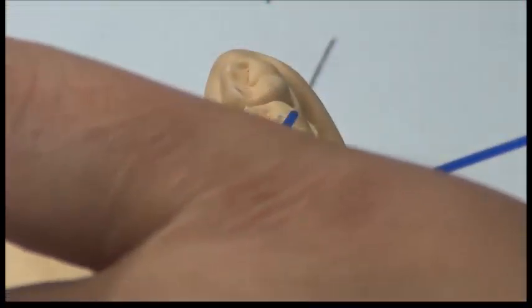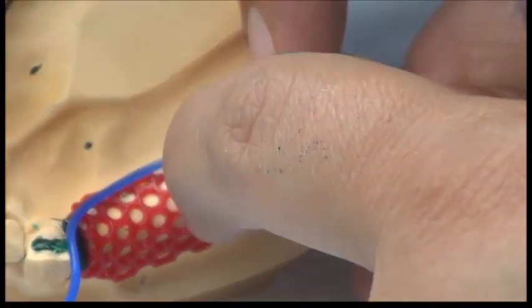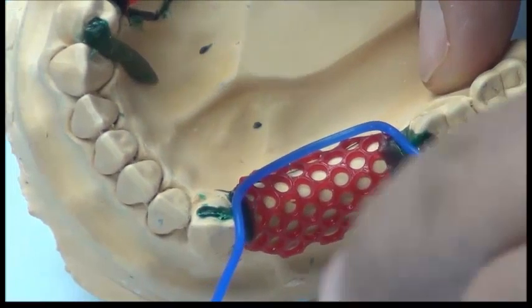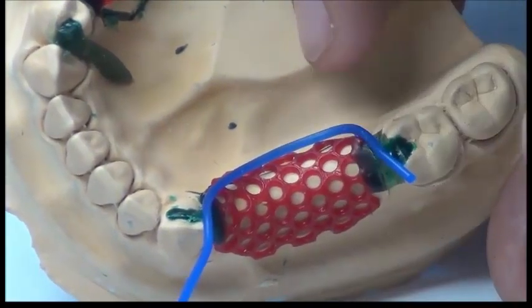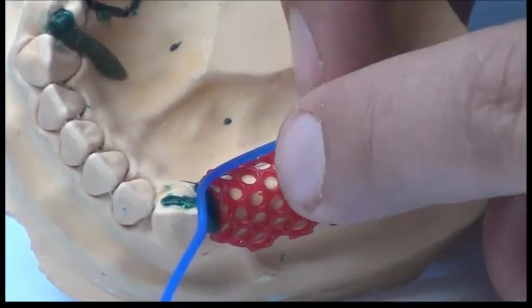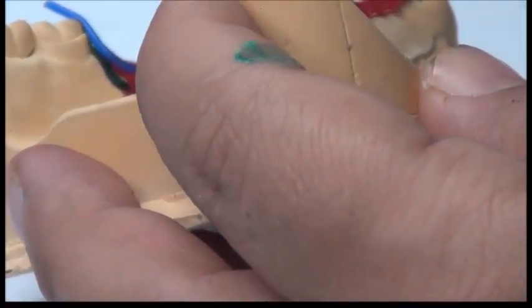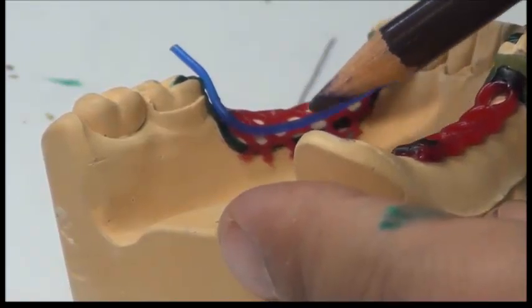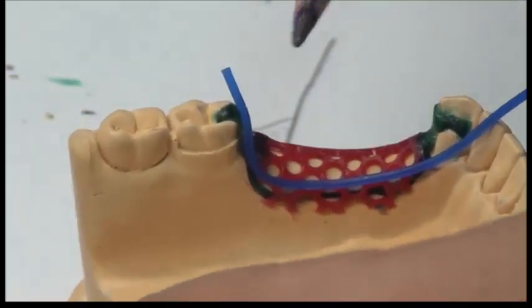Okay, once more, for the bounded saddle area, I'm going to place the wax running down from the guide plate, the lingual surface of the guide plate, okay? Running down from the lingual surface of the guide plate over the mesh area. Then, with an angle, I'm going back parallel to the ridge. But if I'm looking lingually, I'm away from the internal finish line, okay? If I'm looking at it lingually, this is the internal finish line and this is my external finish line. So they are separate from each other, but at the same time I'm leaving enough width for the teeth to